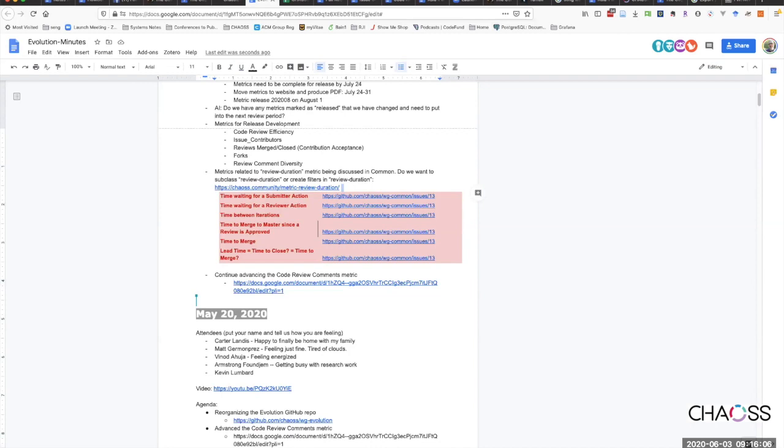So I think we cannot proceed with much more of that discussion. I think we can talk about these 5 metrics that we're going to work on for release, and ask if anyone wants to volunteer to take a first crack at drafting these metrics.